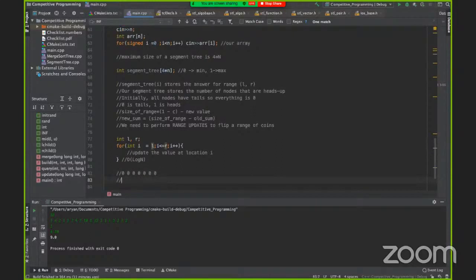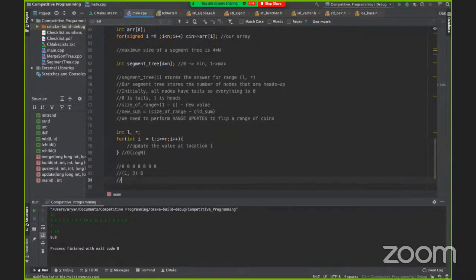Then let's say you have a range update from 1 to 3 where you want to add 6 to all of them. So we get 6, 6, 6, and then 0, 0, 0, 0. And this took 3 dot log n.